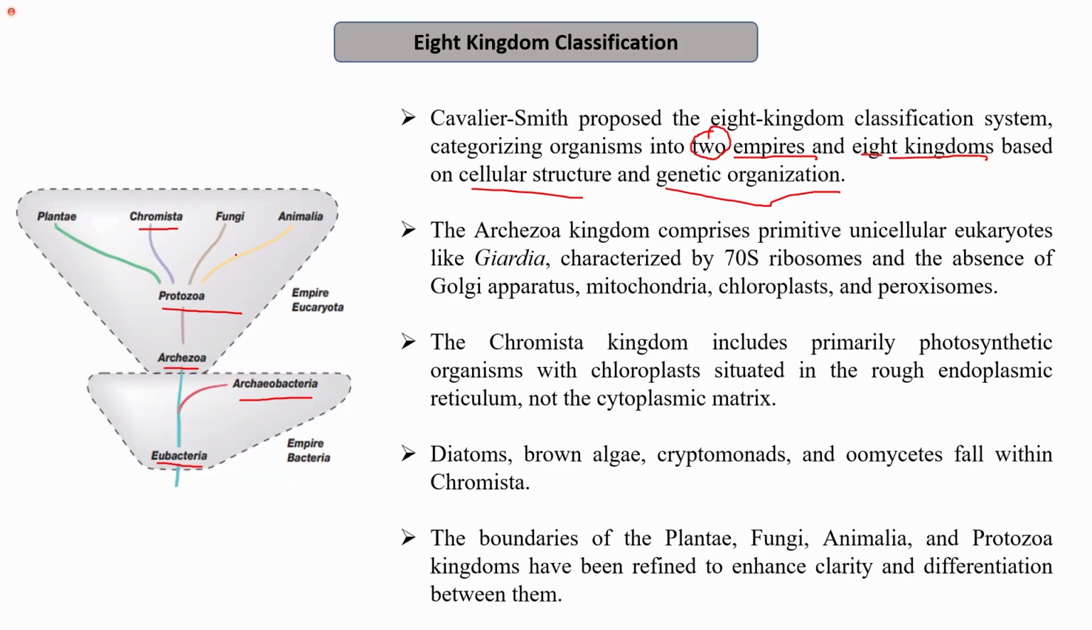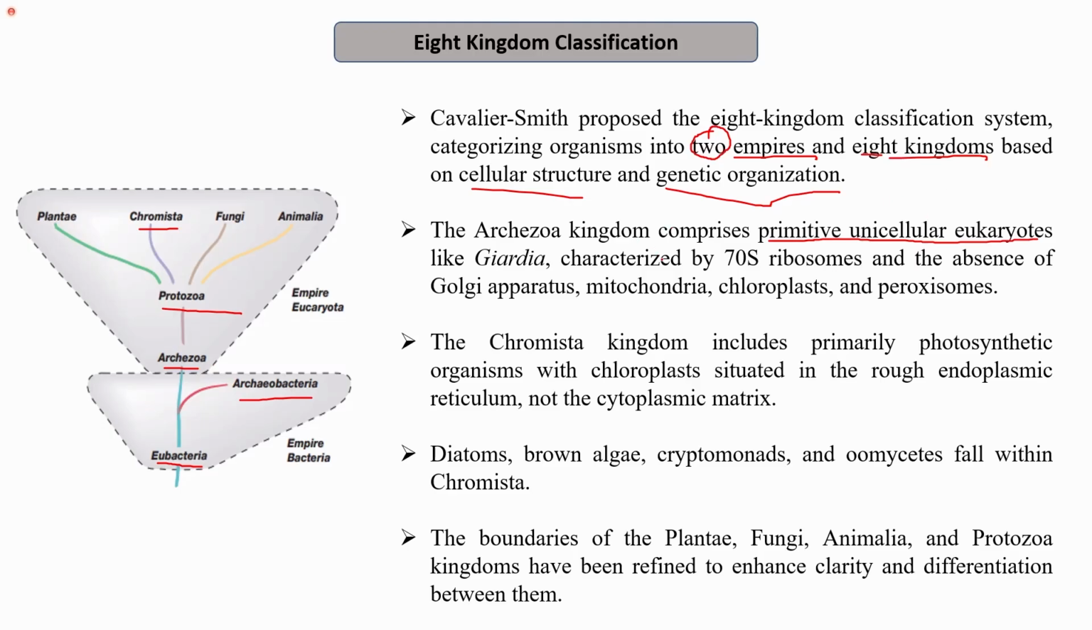The remaining Plantae, Animalia, and Fungi were the same as the previous one, but other new kingdoms were added into this 8 kingdom classification, which were Archezoa, Protozoa, and Chromista. So the Archezoa kingdom comprises primitive unicellular eukaryotes. Just like Archaebacteria, which were primitive bacteria, Archezoa represents the